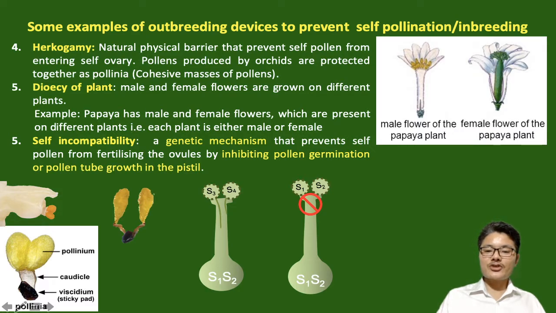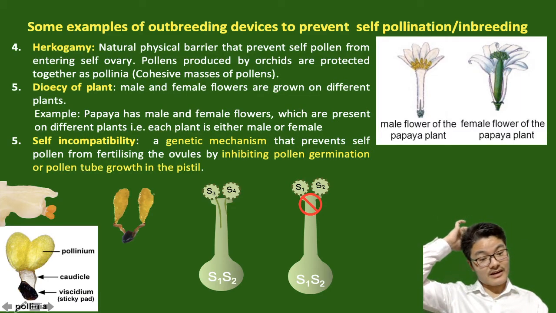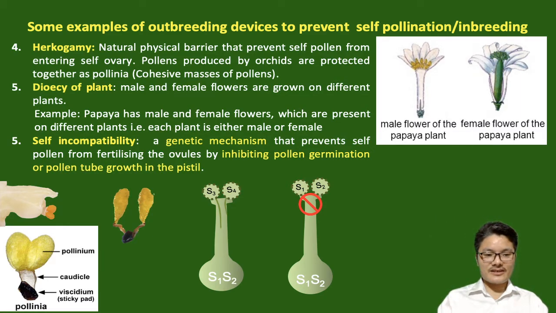And there is prevention of germination of pollen grains having S1 and S2 genotype in case of a pistil having S1 and S2 genotype. So these are six. This number should be 6. I'll change it later. So the seventh